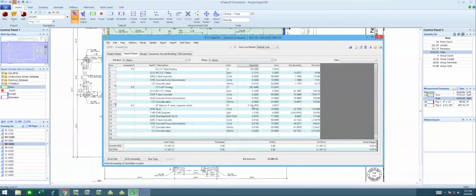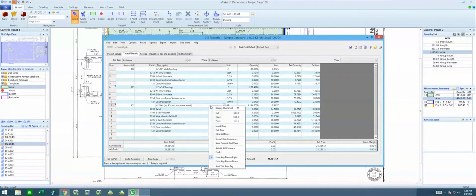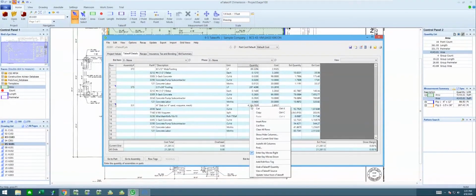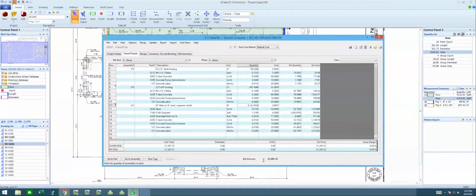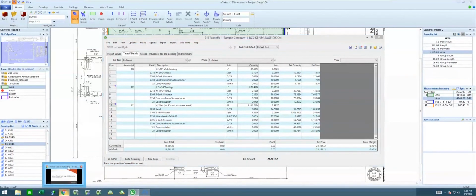So I could come back up, and if I know I had modified it since it was brought over, I could come back in here, right-click on a quantity, and tell it that I want to update the value. Or I could go up to the top for update takeoff, and it could update the whole entire estimate. In this case, I'm just going to update that one quantity. Immediately we see we've got a match of where it's brought that number in. Very quick to measure square footages and bring them right back into your takeoff without going through a bunch of other methods.